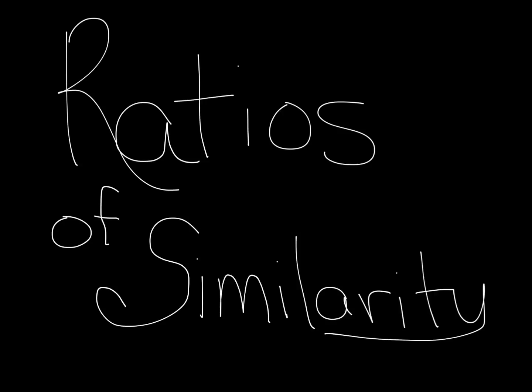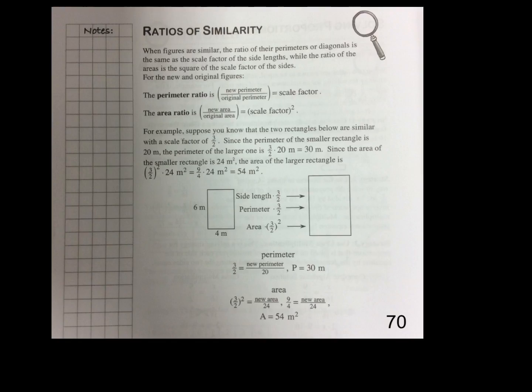Okay, today we're going to take a look at ratios of similarity. You're going to need your toolkit, a calculator, a pencil, and a highlighter. All right, we're on page 70 of your toolkit,